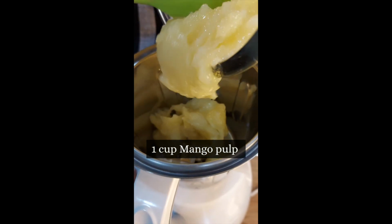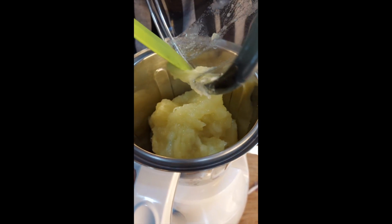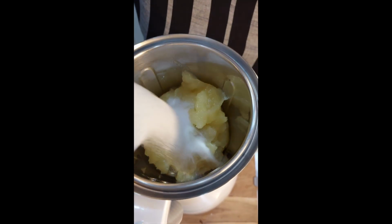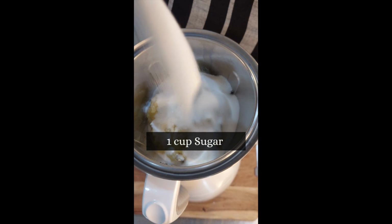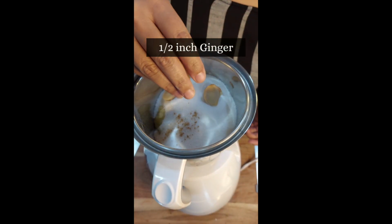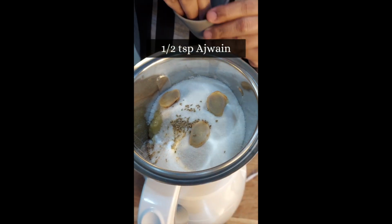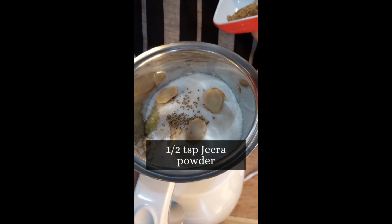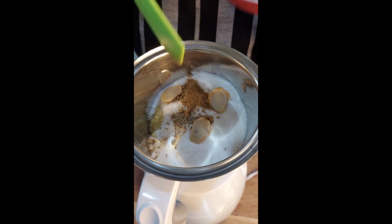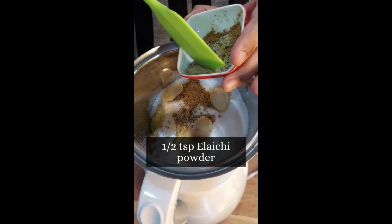I have about 1 cup of mango pulp over here that I've got out of 2 mangoes. And in this I'm going to add in 1 cup of sugar. Adding in half an inch of ginger, a pinch of Ajwain, half teaspoon of Jeera powder, half teaspoon of Elaichi powder,